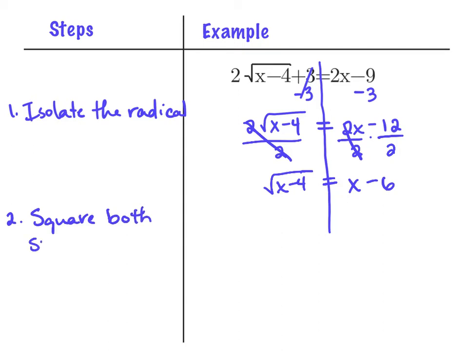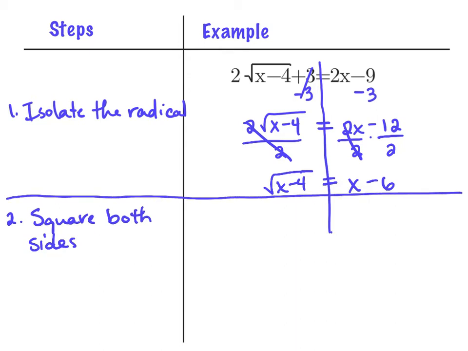And I'm going to make a note about this in just a second. So I'm going to put a line there. Okay. Squaring both sides of this equation. Take the square root of x minus 4, square it, equals, and I'm putting parentheses around that x minus 6 because I have to square that whole thing. And when I do that,